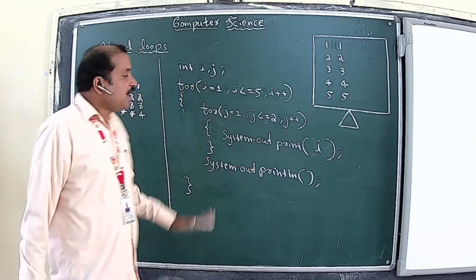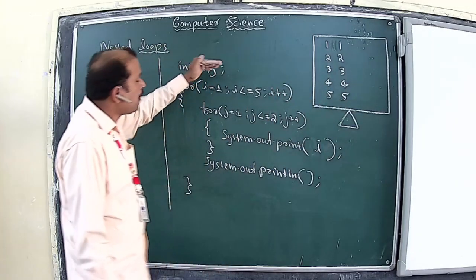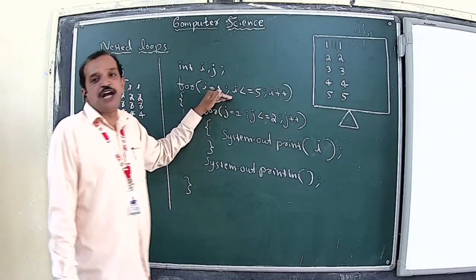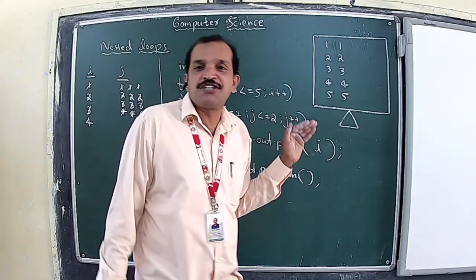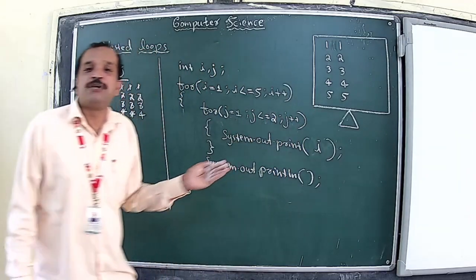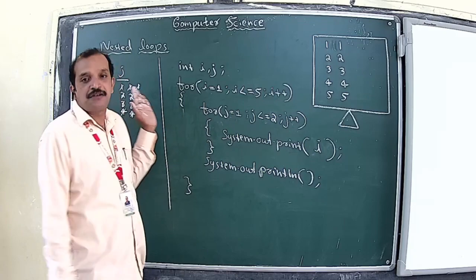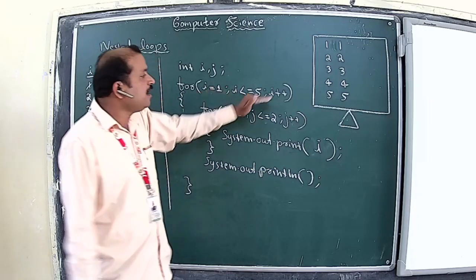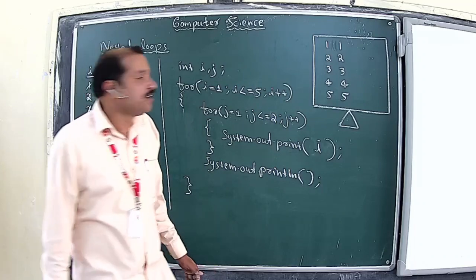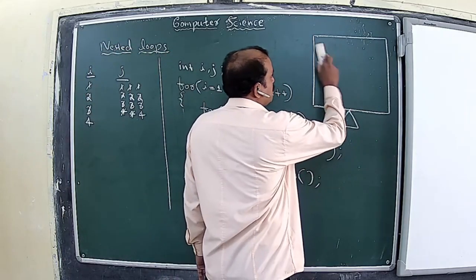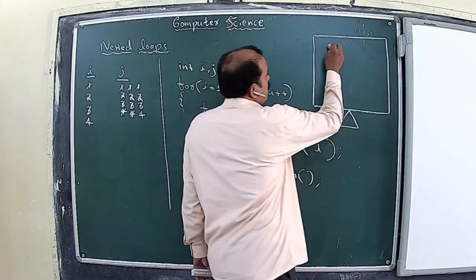And now you have seen how different outputs can be produced by changing the iteration of the outer loop as well as the inner loop. The only thing to keep in mind is that the outer loop is responsible for the rows, whereas the inner loop is responsible for the columns. And accordingly, if you change the iteration, you will be able to do that. Now let us see how changes in the update expression affect the output when a different type of output is needed. Suppose the output that was needed for our next program is like this: